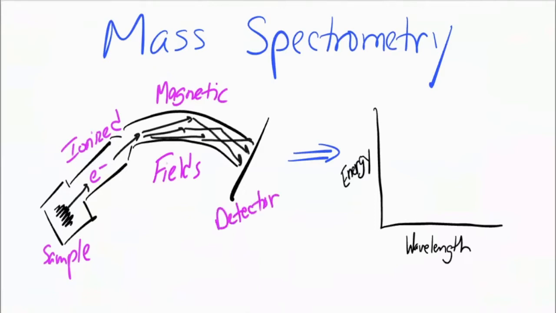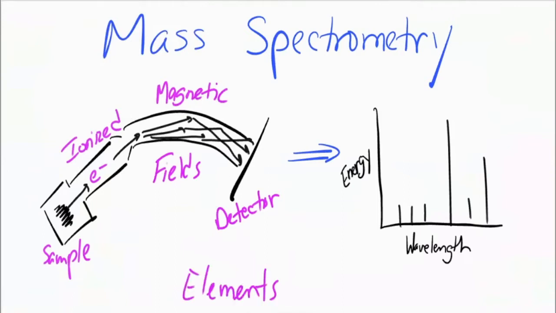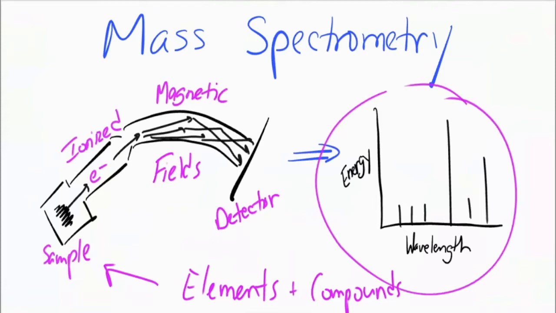So it's a very complicated machine that takes a sample, ionizes it into a vapor, or ionizes a vapor, a gas, has the resulting material land on a detector based on its mass, and then uses some kind of computer or analysis tool to translate this into a graph where you have certain material transmitting a certain wavelength and having a certain energy. And so you can determine the elements and compounds that make up your sample, and it becomes almost a barcode of what your material is made out of.